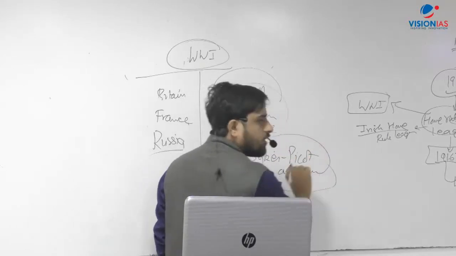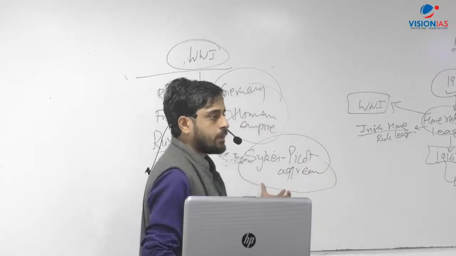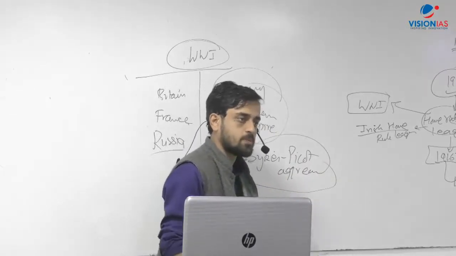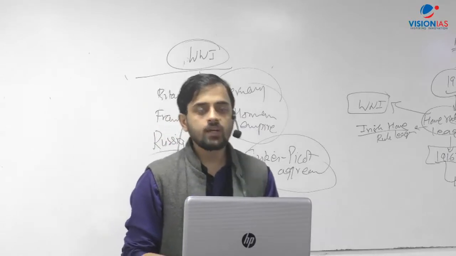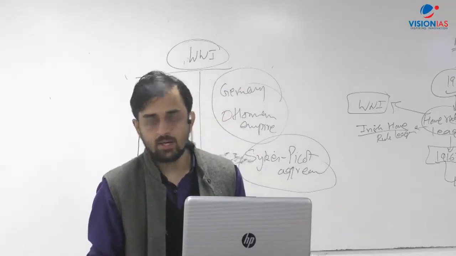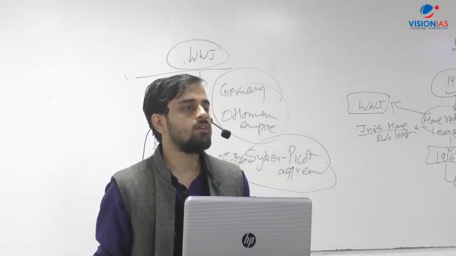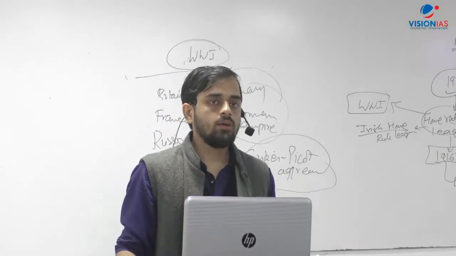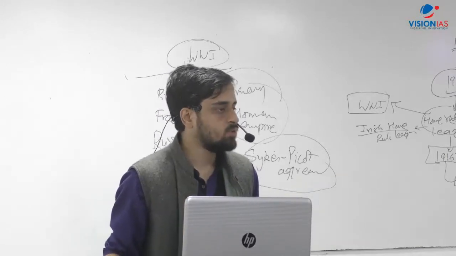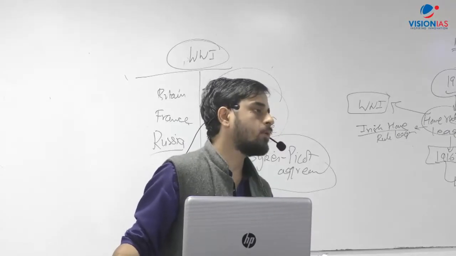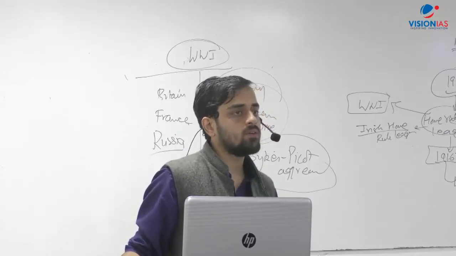ओके तो ये सब तो आप वर्ल्ड हिस्ट्री में पढ़ेंगे, लेकिन this was the Sykes-Picot Agreement. Why I am telling you this, आपको ये Sykes-Picot याद रखने की जरूरत नहीं है. That after the Ottoman Empire was defeated, the British and the French decided to divide the Ottoman Empire into their indirect zones of influence. So one of the important concerns that was there of the Muslims at this point of